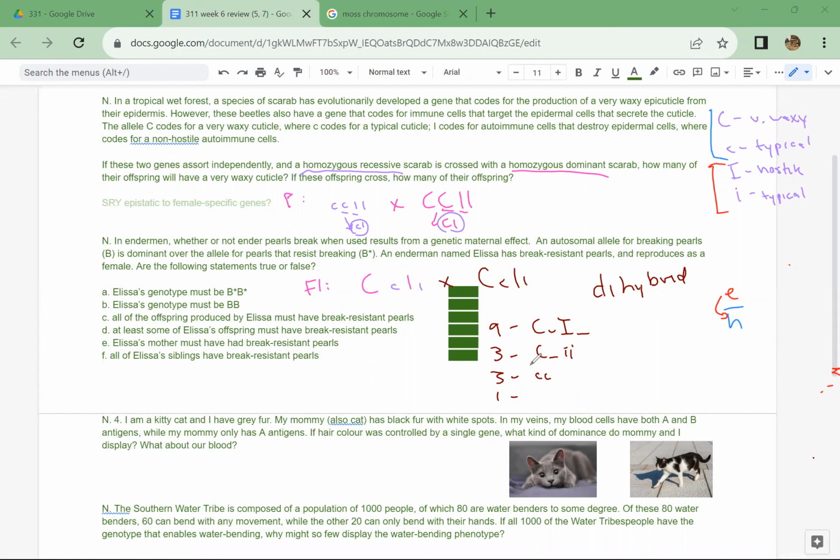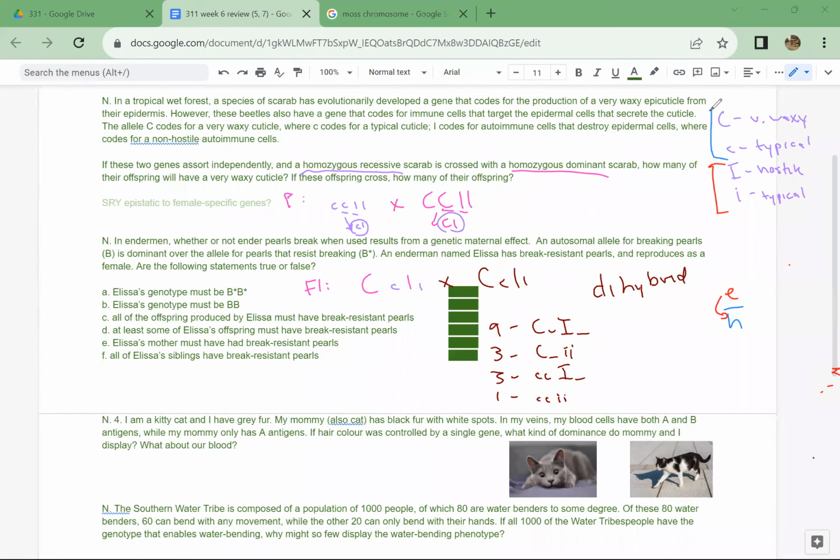Another 3 of them are recessive at the first, but dominant at the second. And 1 of the 16 possible offspring is recessive at the first and recessive at the second. So now that we know the genotypes that correspond to these individuals, let's match them with